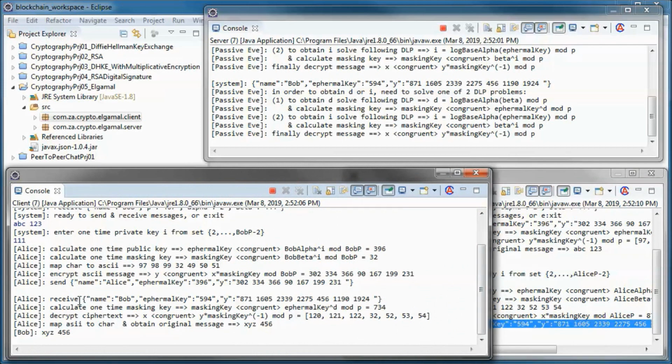And she receives those, calculates the one-time masking key, and then uses the inverse of the masking key to decrypt the message and obtain X, and then maps the ASCII to a character and obtains the original message coming in from Bob.